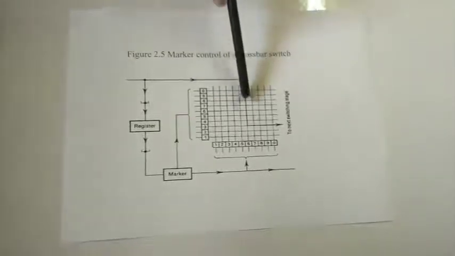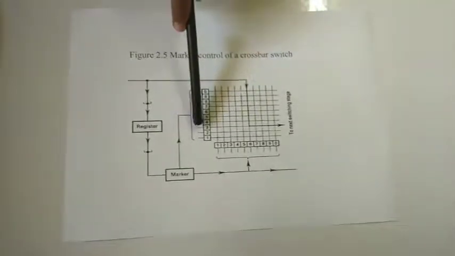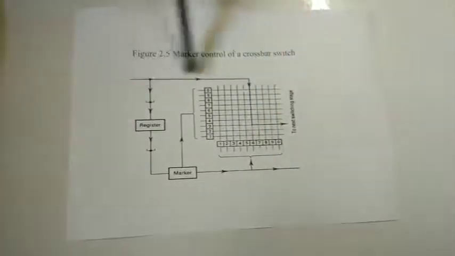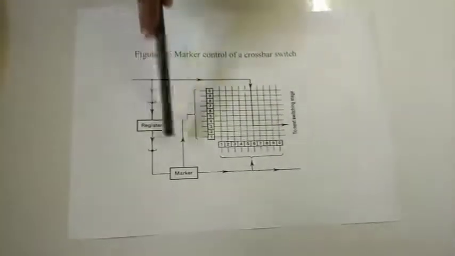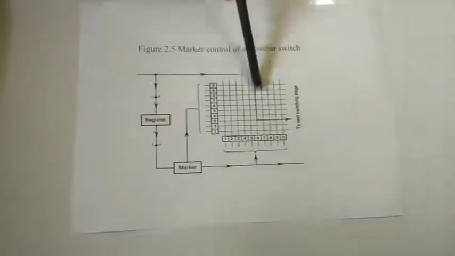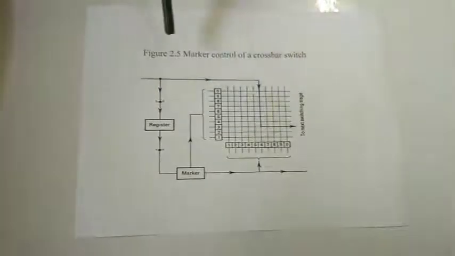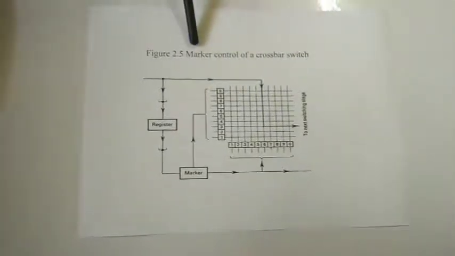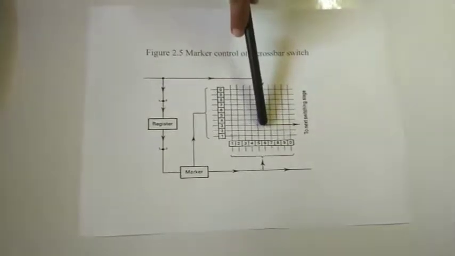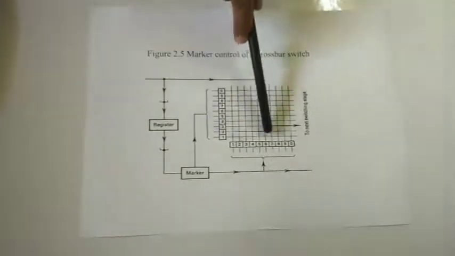Suppose assume that here one line is connected. The horizontal line is coming from 3 and the vertical line is 6. These two lines are marked by the marker and stored in the register. In this way the lines are connected. So this shows that the marker is an intelligent system. A slight current flows through this, so it will connect the third line to the sixth line.